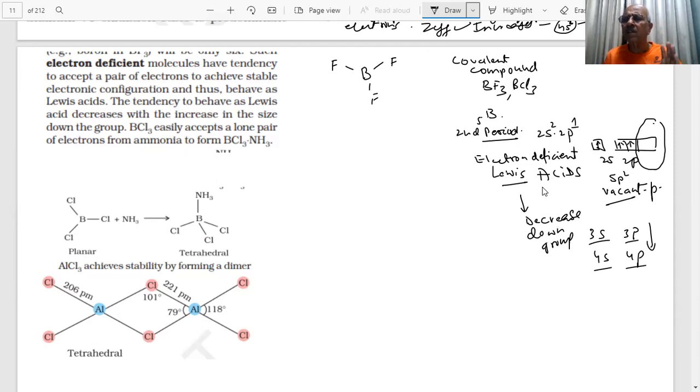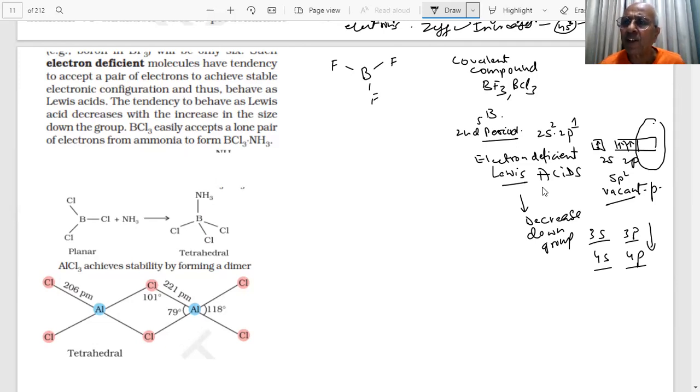Everything has to be understood, that's all. There's a logic, there is a science behind everything. We're not just making a guess, student. There is nothing like guessing. One student told me, sir, I will make guesses. Then I said the marks will also be like guesses. You will get zero marks for guesswork. But if I don't understand, then what answer will I give? Nothing. So we have to go and see each and every point. Some time is required to understand what is happening. They are not asking a straight question that it is a Lewis acid. Everybody knows. They are asking what will happen to the Lewis acid behavior as you move down the group.